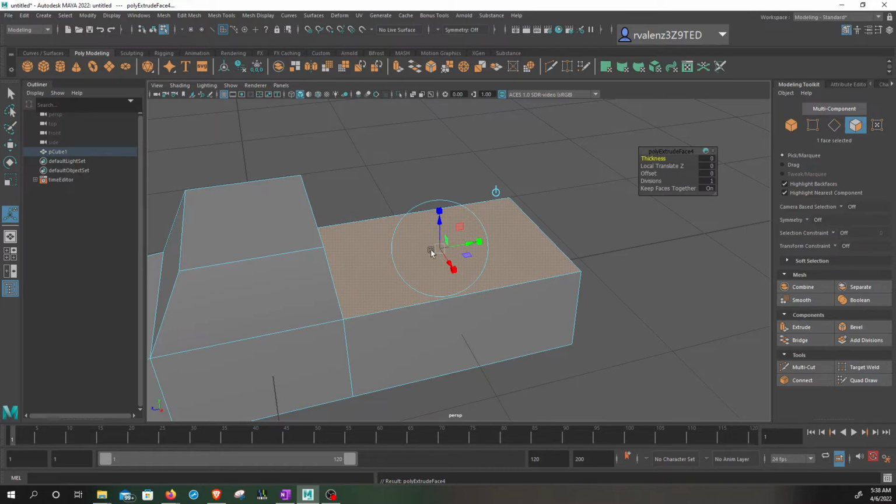So we want to scale this face to inset it. So we don't see all of the Extrude tool here. So we're gonna click on one of the cubes. It doesn't matter which one. Just do not drag on it. Just click on it. The middle of the scale tool will show up. We're gonna scale it in,